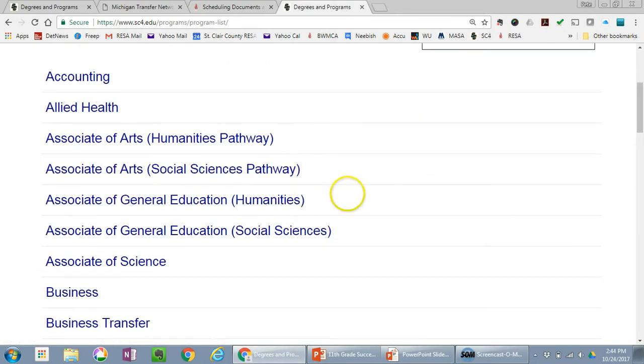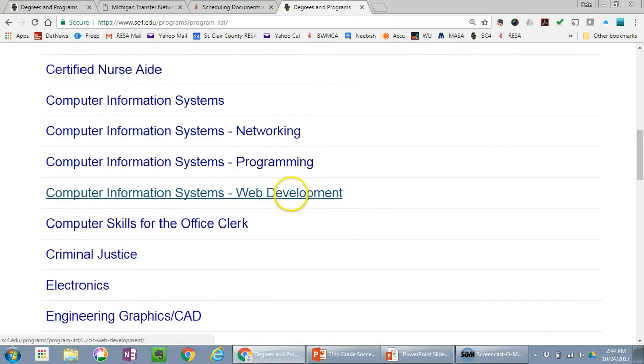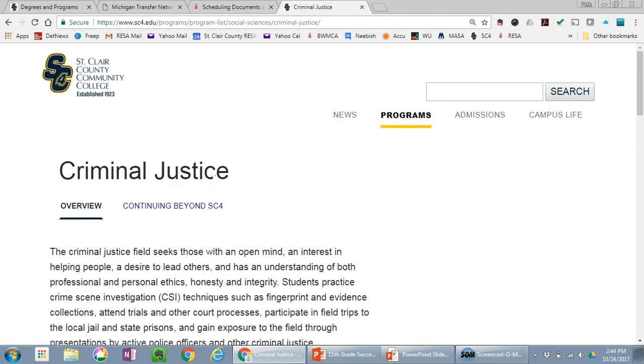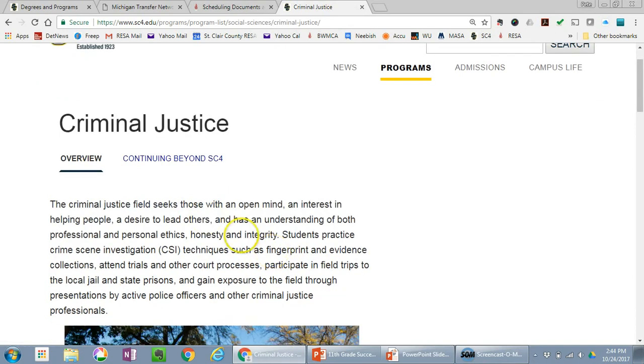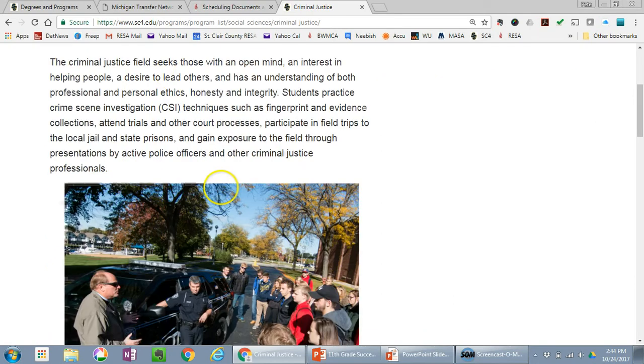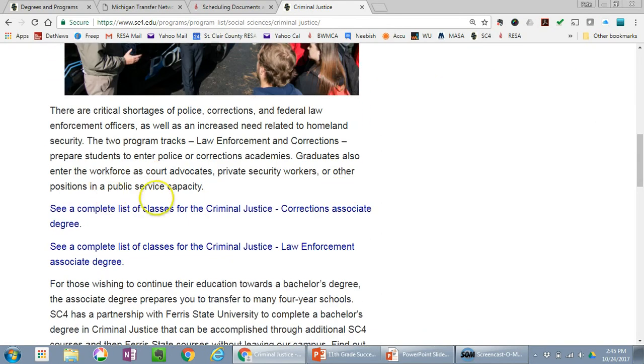Okay, and I'm going to use criminal justice as an example. This is an applied degree, very specific courses. Not all of them will always transfer to a university. However, Ferris State University in particular will take all of these courses as part of their bachelor's degree. So it'll talk a little bit about the criminal justice field and the degree, and then what you'd want